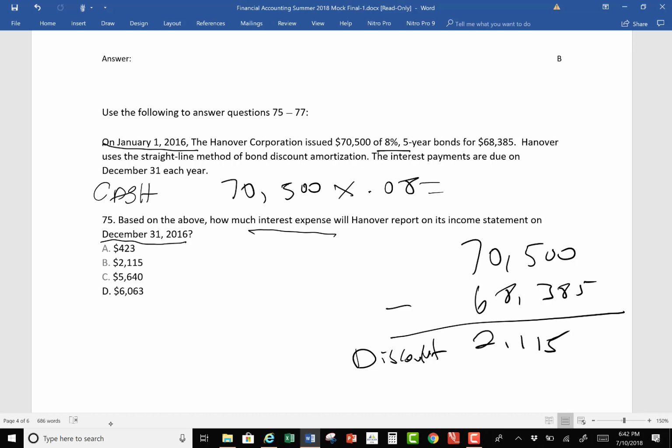So I just want a confirmation: 70,500 times 0.08 is how much? 5,640, you say? Okay, we got a confirmation on that? Okay, good. And then you want to do what? Good, you take the 5,640 plus the amortization of the discount, right? And if we use straight line, we divide that by